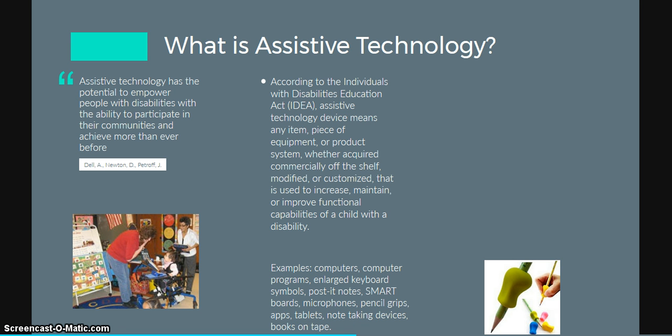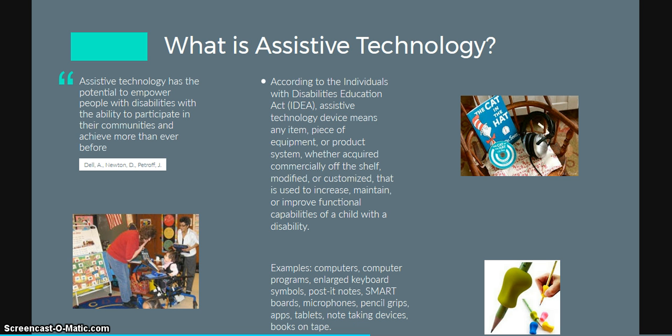The teacher can wear a microphone, and a child with hearing disabilities can wear an earpiece and hear the teacher speak directly into their ears. Pencil grips, apps, tablets, note-taking devices, books on tape. There are so many different ways to incorporate these assistive technologies in the classroom, and it's really a broad topic,